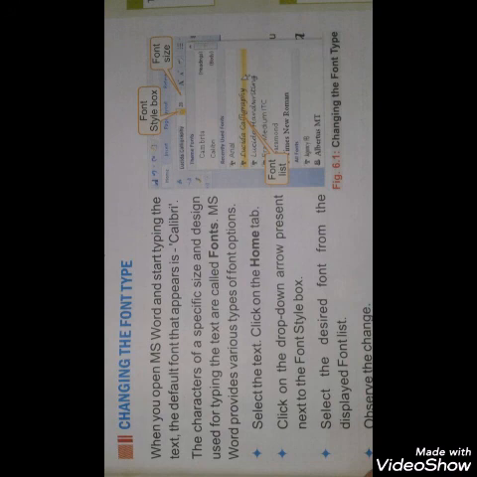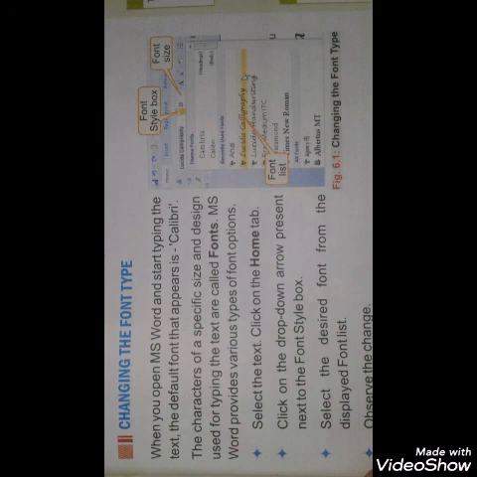First, select the text and click on the Home tab. Second step, students, click on the drop down arrow present next to the font style box, as shown in figure 6.1. Now here we select the desired font style from the displayed font list.